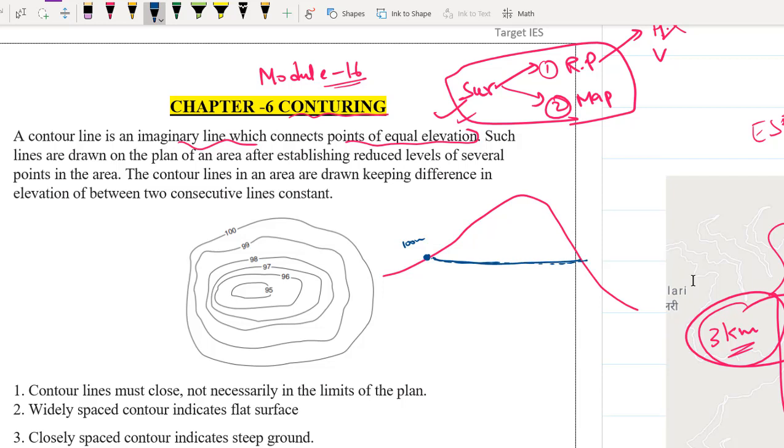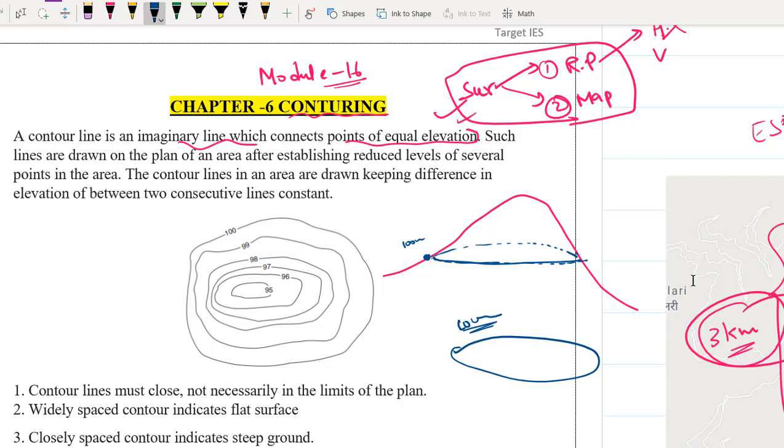for example this line, and on the back side, which you cannot see, I am drawing a dashed line. So what you got from the top, you will be seeing something like this, right? This will be called the contour line of 100 meter elevation. I hope you got it, right?